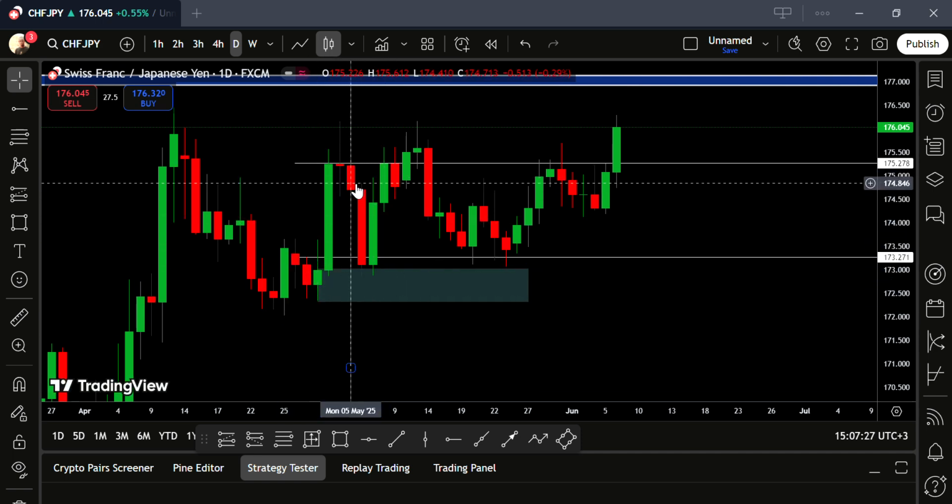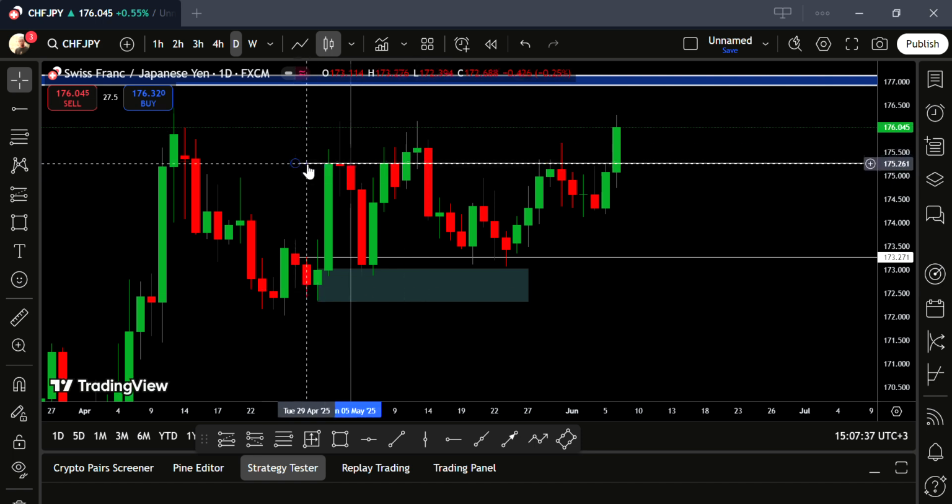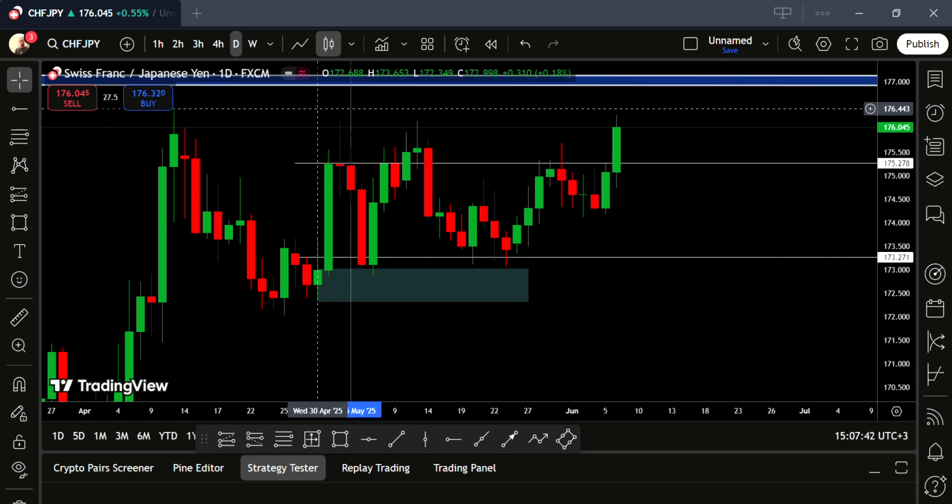So this week started from here. This is Monday, 5th May. So we wait for price to come and tap into this demand zone, and then we buy, targeting this previous high. That is how we trade. So now, where do we go? We go to